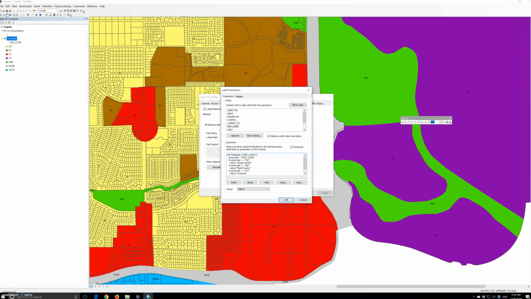We will return commercial, and 1, 2 elif zone code equals to F2, I have industrial, and colon 1, 2, 3, 4 return. This is F2. Return will be return, then I have